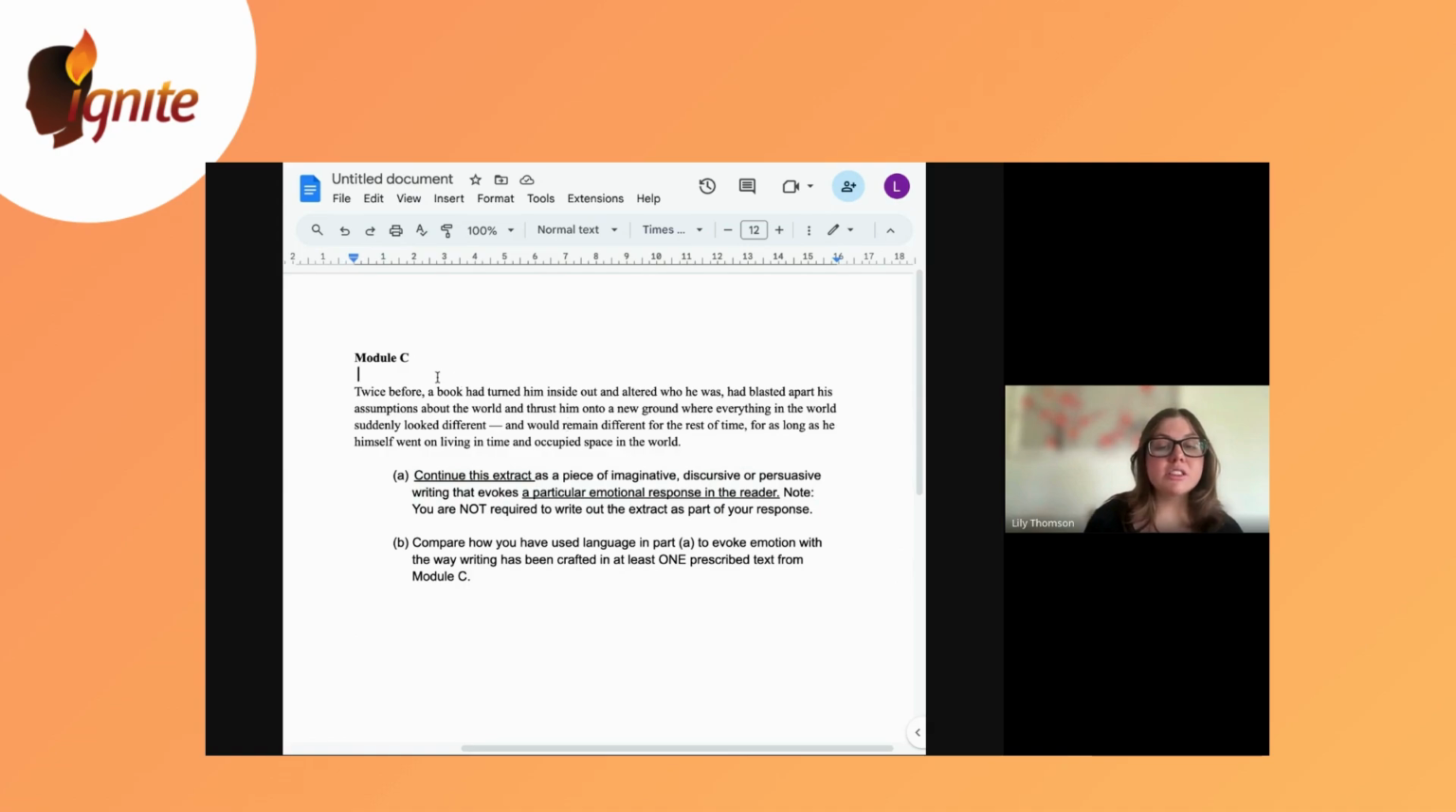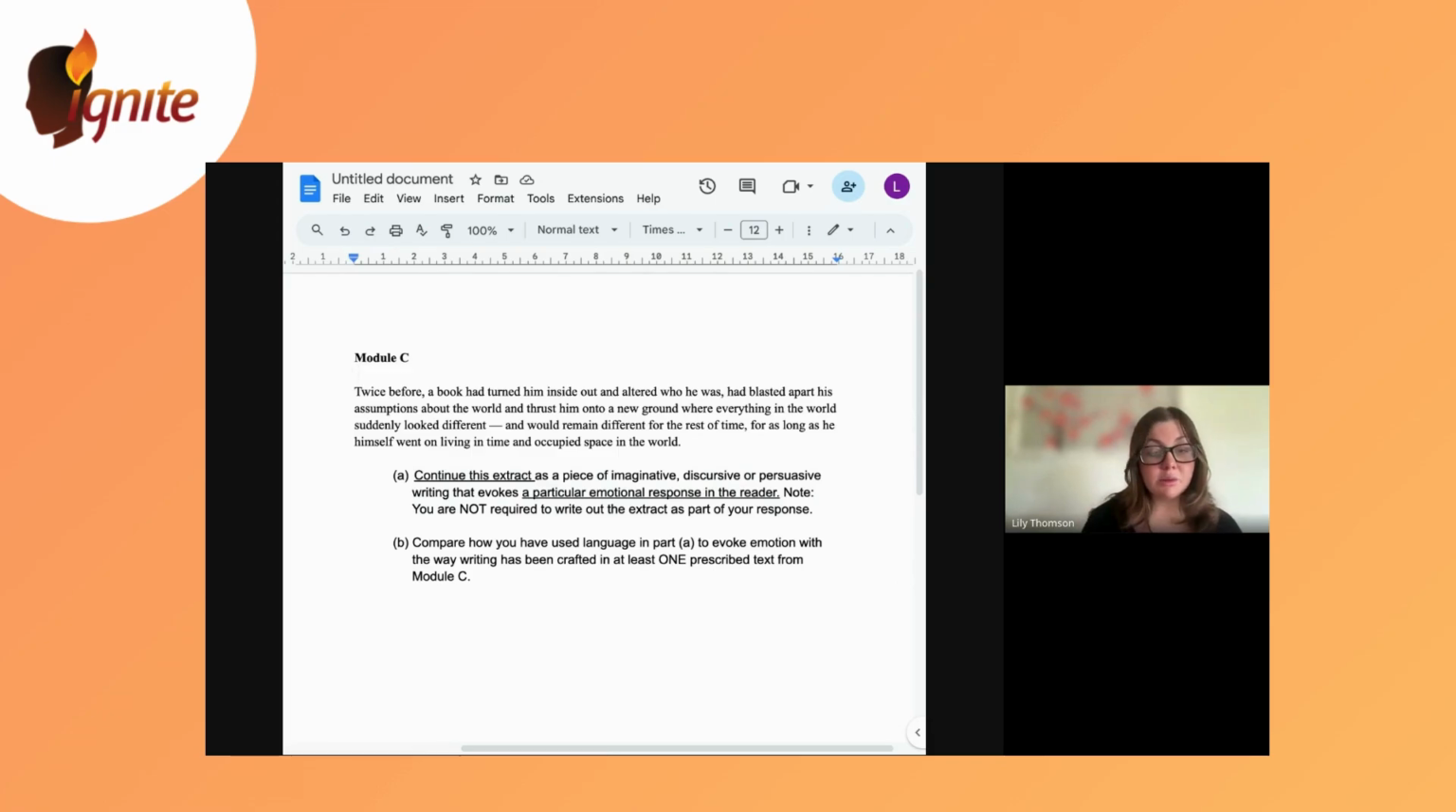Okay, so now we're going to approach the stimulus. "So, twice before, a book had turned him inside out and altered who he was, had blasted apart his assumptions about the world and thrust him into a new ground where everything in this world suddenly looked different and would remain different for the rest of time, for as long as he himself went on living in time and occupied space in the world." So this is quite a long extract